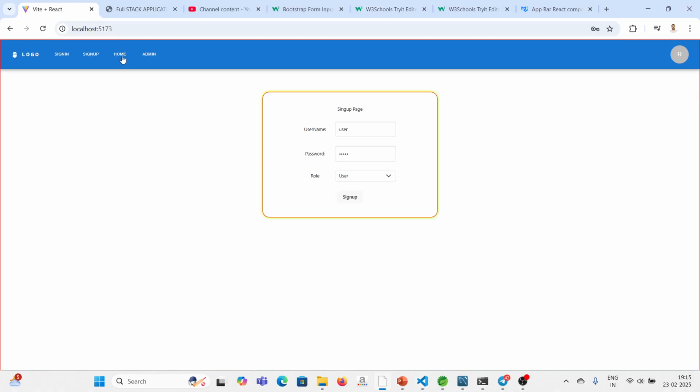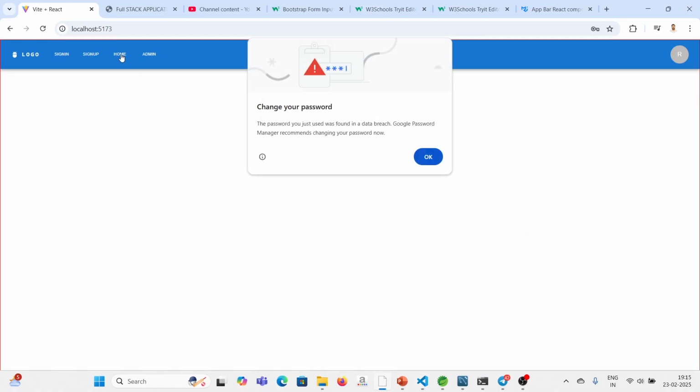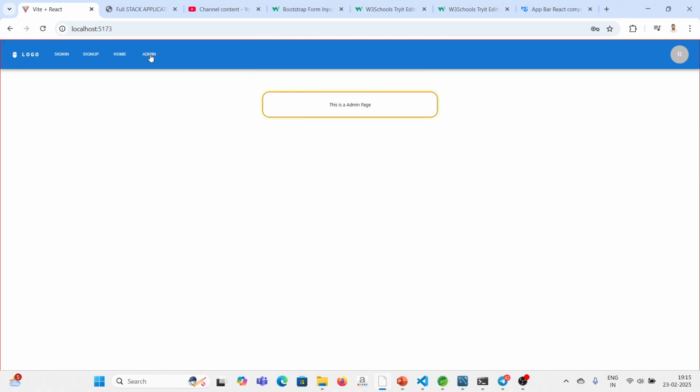Without sign in, if I click home, it should not actually open. And admin also it should not open, but it is opening. Okay, so I have to restrict this. So to restrict this, what I'm going to do,